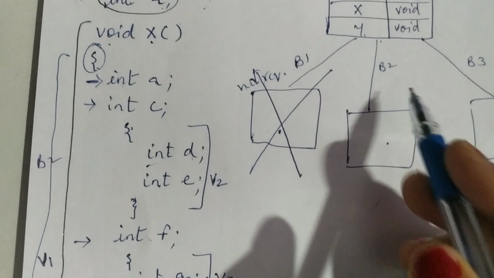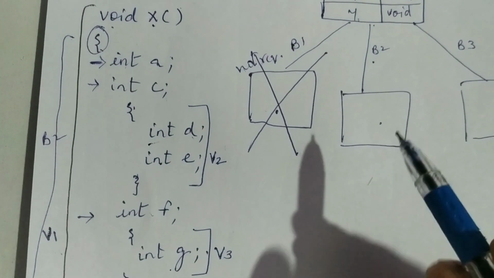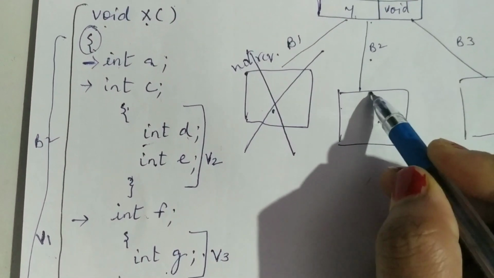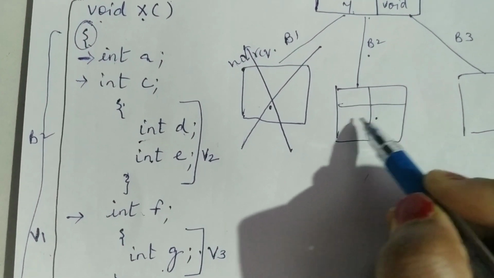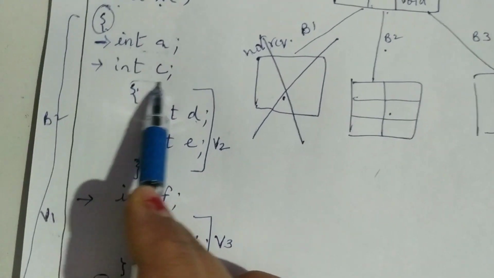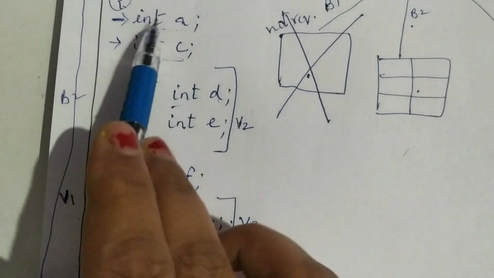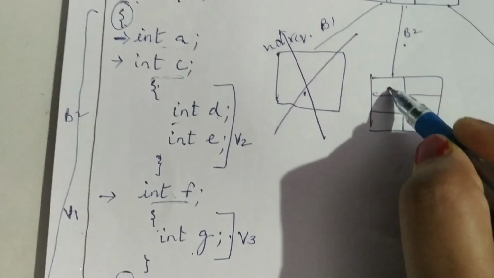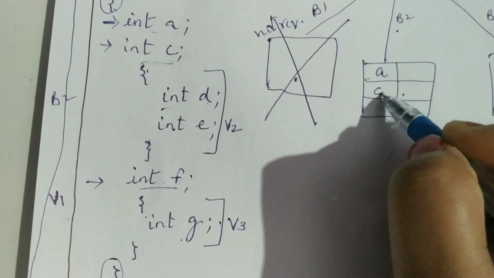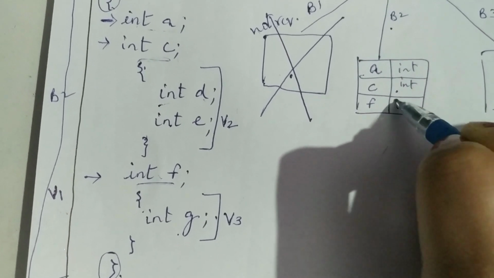क्लियर? तो सबसे पहले जो ब्लॉक B2 में है वो मेजर पार्ट आपका क्या है? V1. सो V1 विल बी रिप्रेजेंटेड. अब V1 में आपके पास कितने डिफरेंट वेरिएबल्स हैं? वी हैव A, C एंड F, और तीनों का टाइप क्या गिवन है? इंट. तो हम यहाँ पे सिंबल टेबल में लिख लेंगे A, C, F एंड ऑल हैव टाइप इंट. टाइप विल बी डिफाइंड.